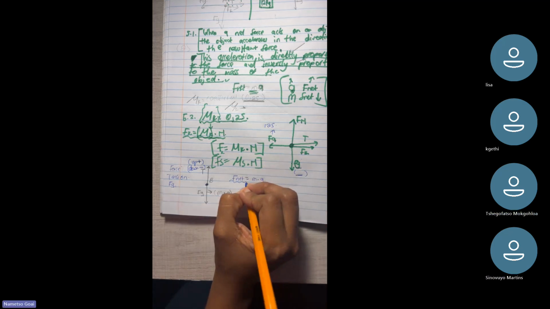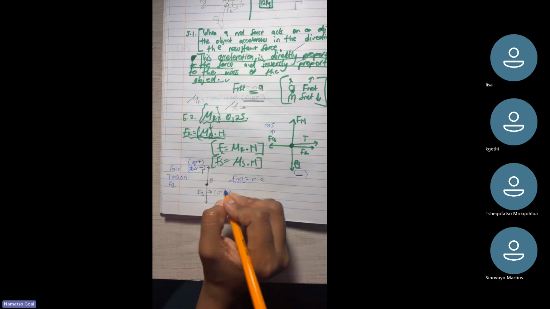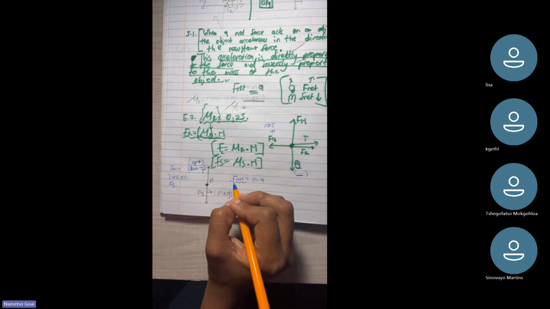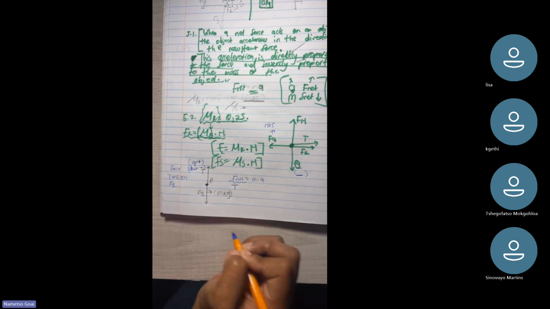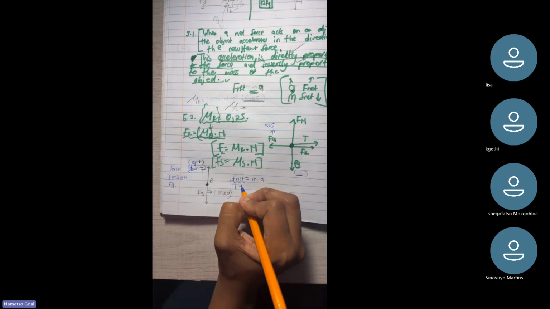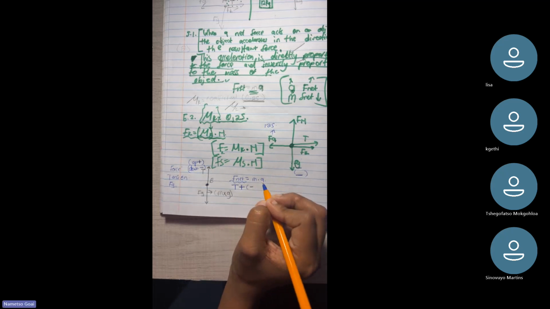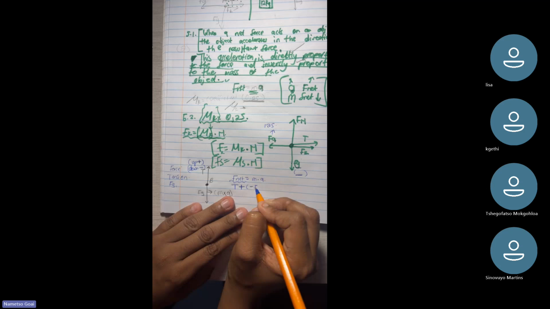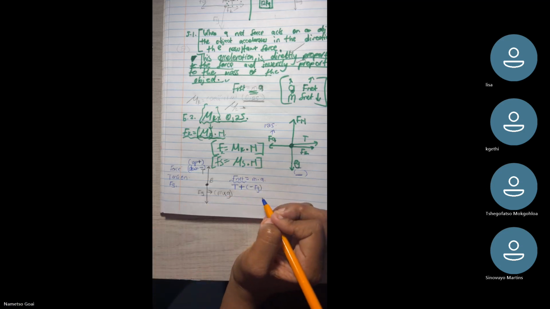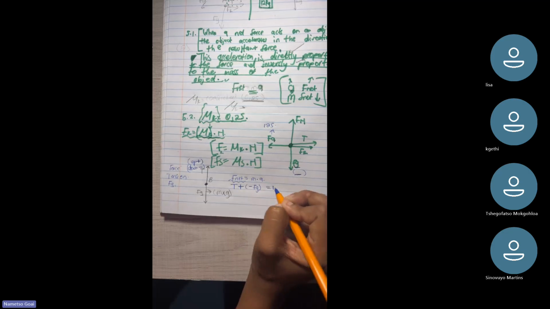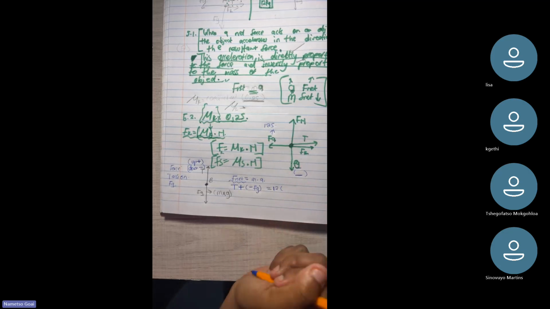Do you guys understand? Yes, ma'am. Okay. So now we have to state all the forces acting on block B. We have tension, which is going to be positive, plus negative Fg, right, equals to 12 multiplied by